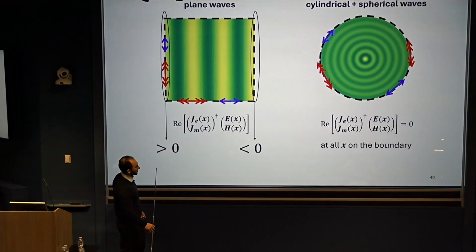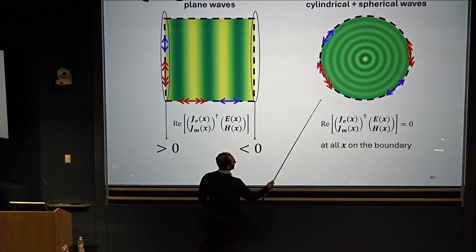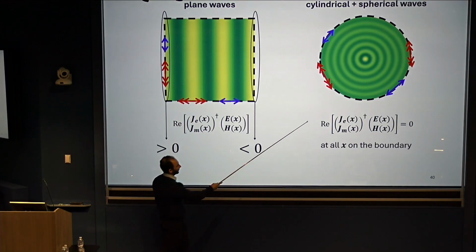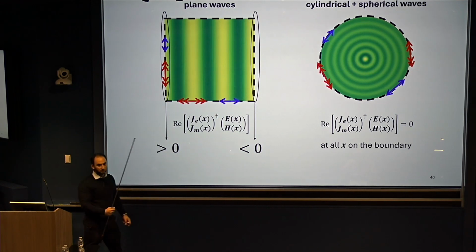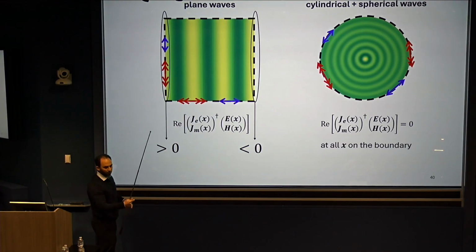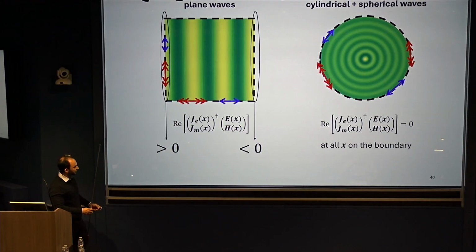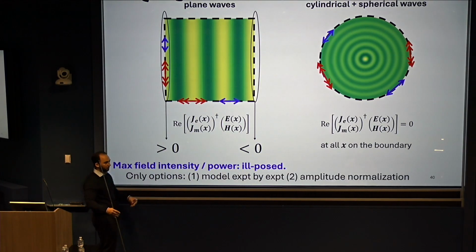A simple example of this is with cylindrical waves. In the cylindrical wave case, now I have ingoing and outgoing cylindrical or spherical waves. And now at every point on this boundary, if I ask how much work is being done, the answer is 0. And so what's happened is you found a steady state solution where these currents are oscillating, and the fields that are being produced are being reabsorbed by those currents, which gives it the energy to then produce the next wavefront that's being generated. And so as far as I can tell, with monochromatic light, there is no way to regularize this problem in sort of a simple, elegant, theoretical way.